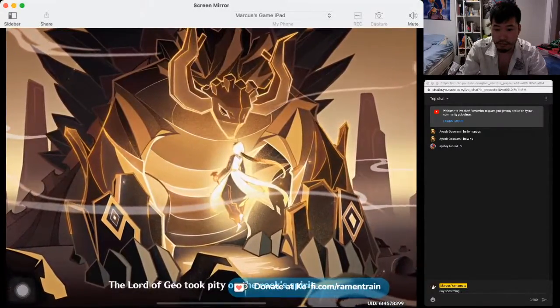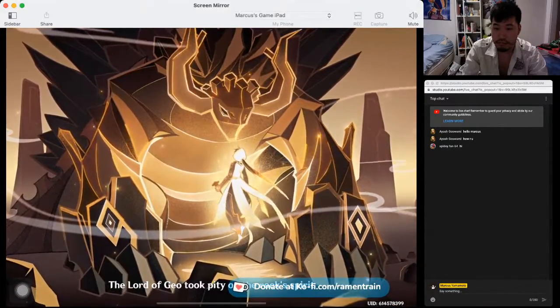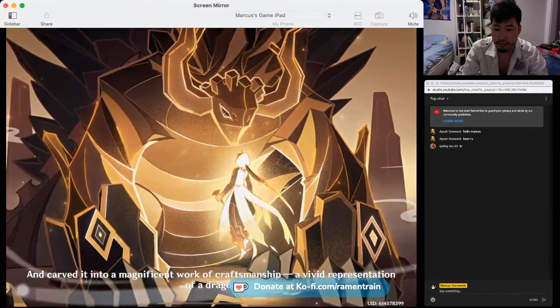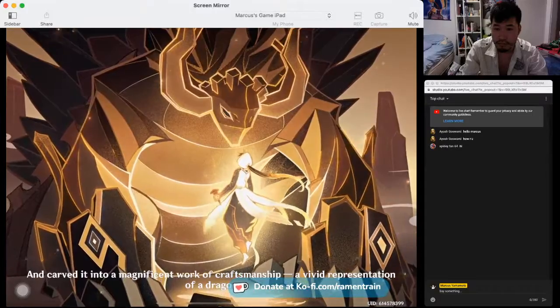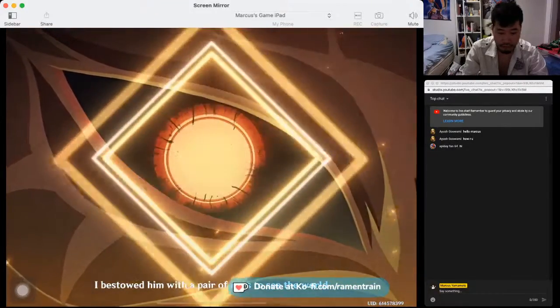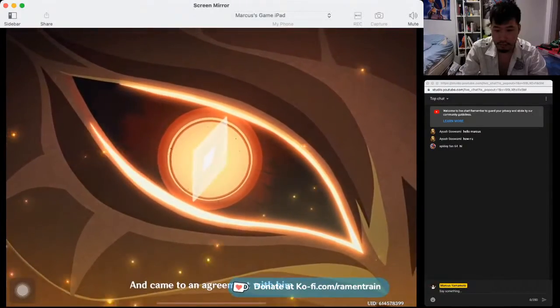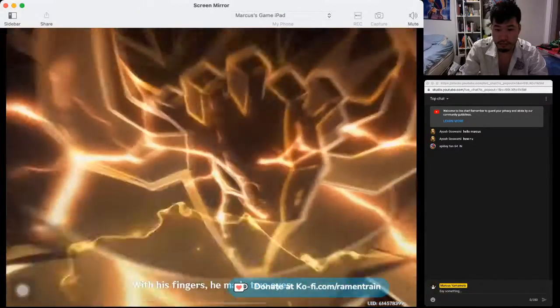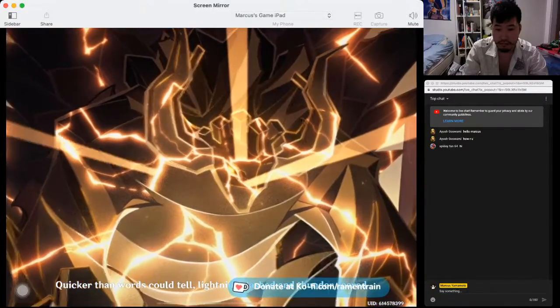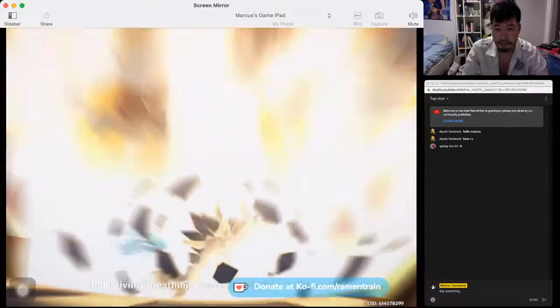The Lord of Geo took pity on the rock spirit and carved it into a magnificent work of craftsmanship, a vivid representation of a dragon. I bestowed him with a pair of eyes to see the world and came to an agreement with him. With his fingers, he made 2 eyes, quicker than words could tell. Lightning flashed and thunder roared, and a living, breathing